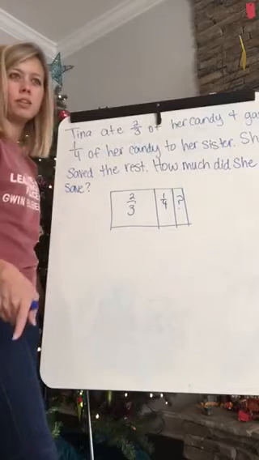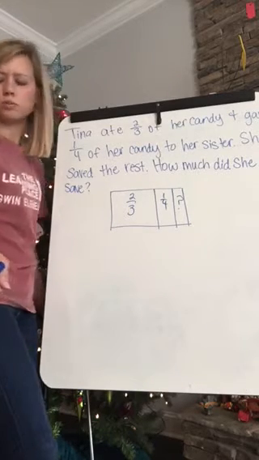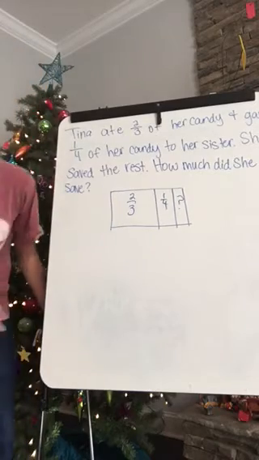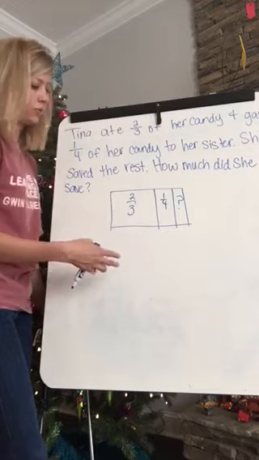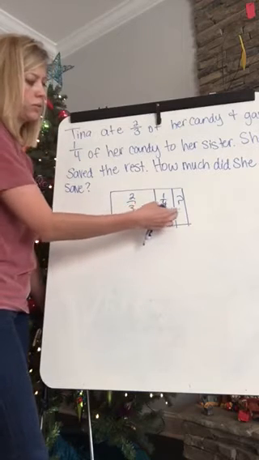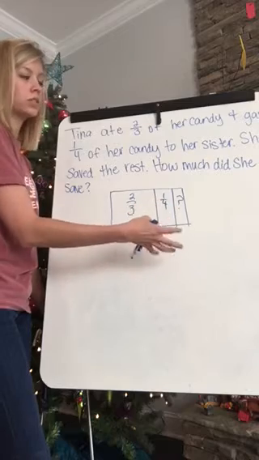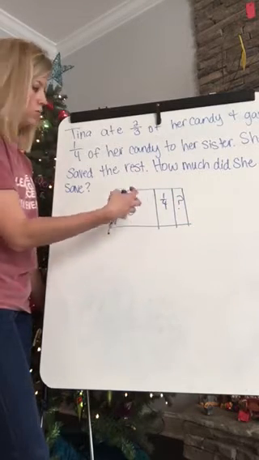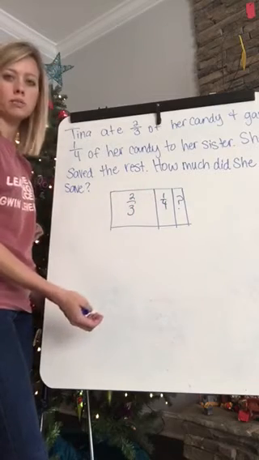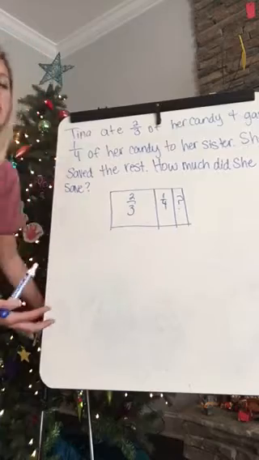So just like on the other problem that we had, the pages where they were writing 4 pages, we could solve this one 2 different ways. We can add up 2/3 and 1/4 and see how much more we need to get to the whole. Or we could start with the whole and subtract back what she ate and what she gave away, and that'll tell us what's left. So let's start this first by adding up, because I'm betting that's what most of you